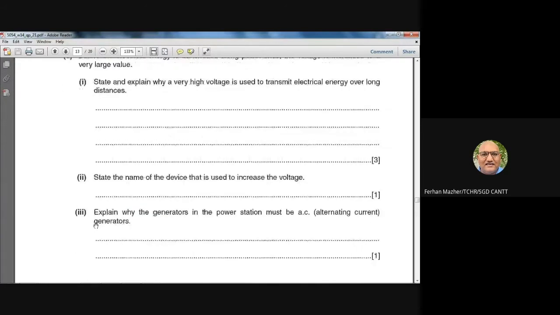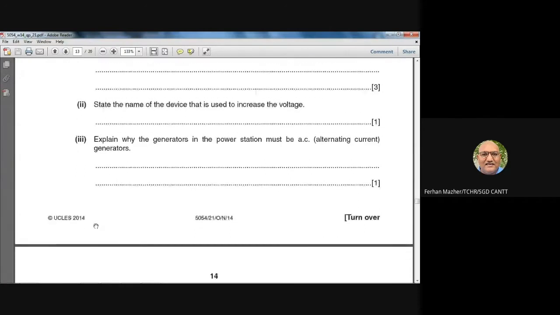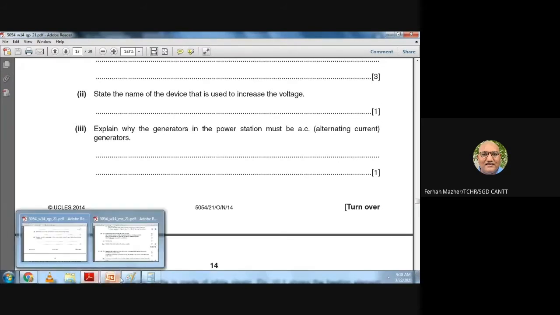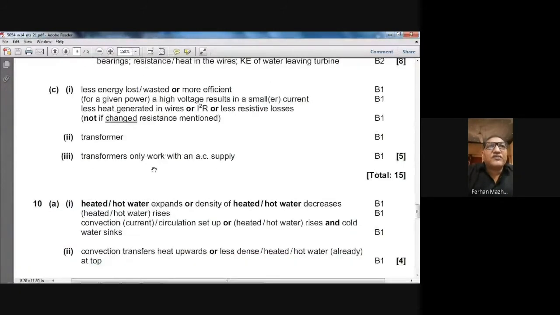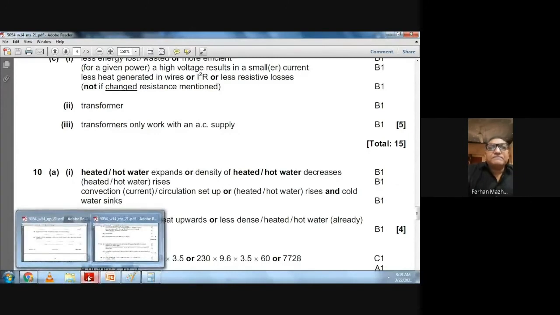Remember this. State the name of the device that is used to increase the voltage in the power station. When we want to increase the voltage, we use a step-up transformer. Let me show you the marking scheme. It says transformers. Okay. So the next part is